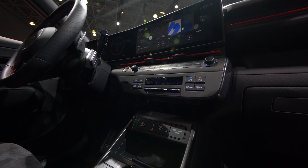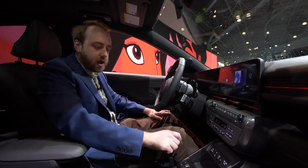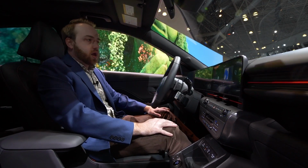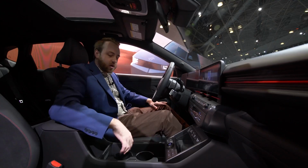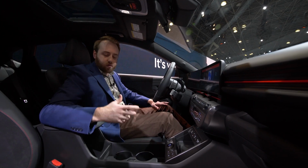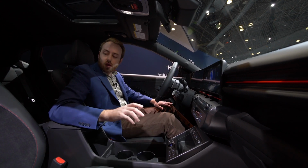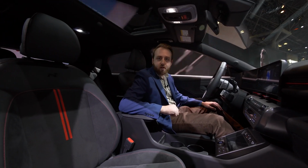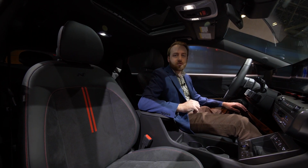I really appreciate that. There's buttons all over for that, for the heated and cooled seats, a big drive mode knob. You got a really easily placed wireless phone charger there. And overall, this place just feels a lot airier than before. You have a really large center console for a ton of storage here. And because this is the N-Line, I will point out you get some cool red accents that really sportify the experience. But we should hop in the back real quick, because that is why Kona enlarged this vehicle so much,